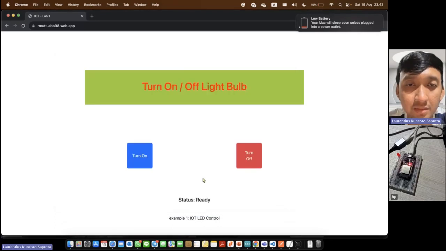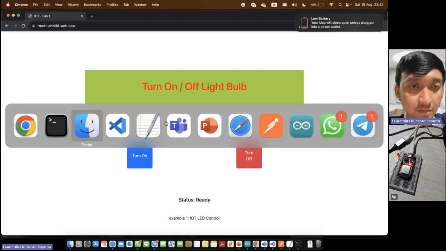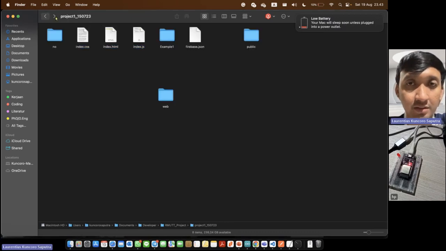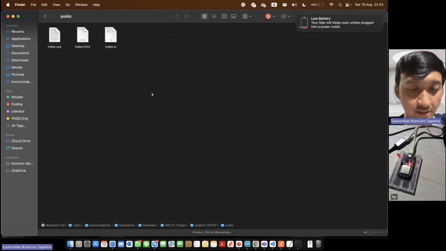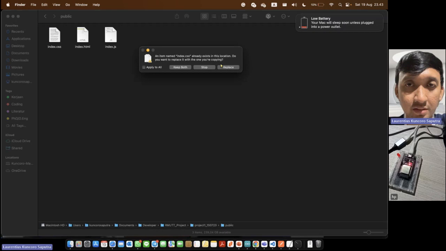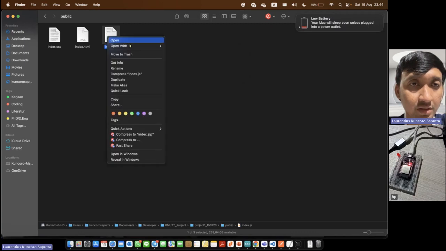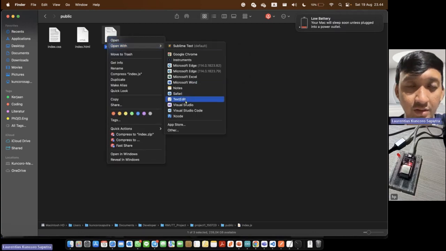Okay, but it's a different CSS. Yeah, it's a different CSS. So we can make a change with the example, which I copy in the public, paste, and replace. Okay, I will check whether the Node.js is already correct or not.